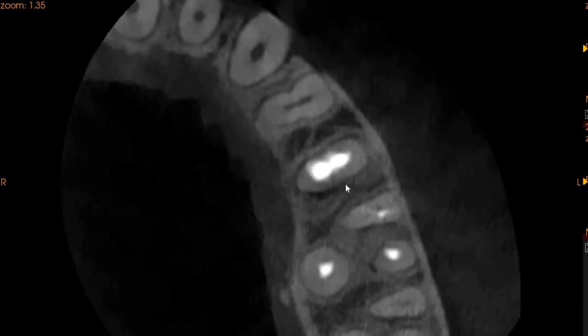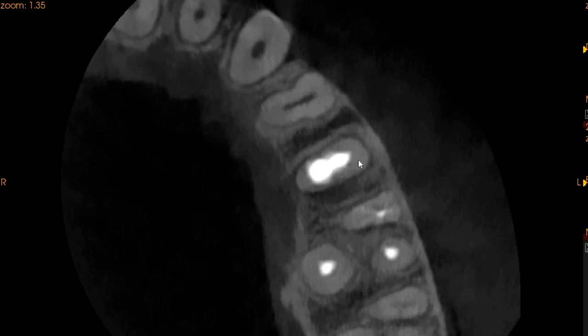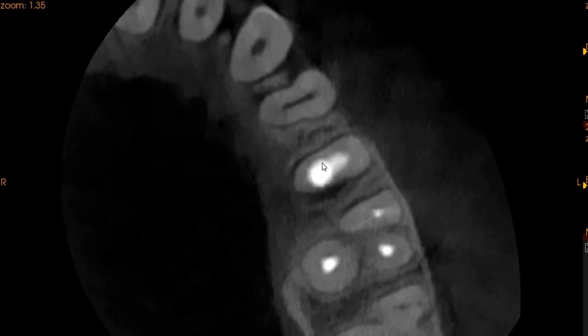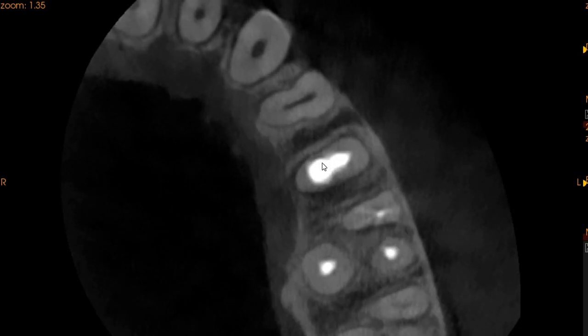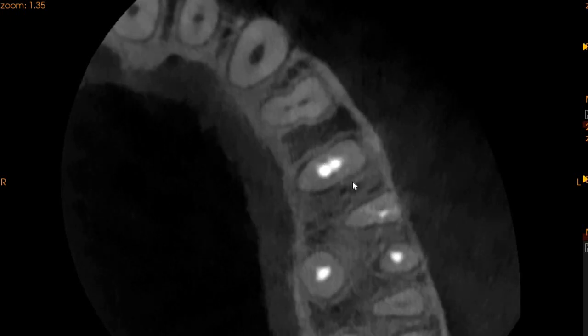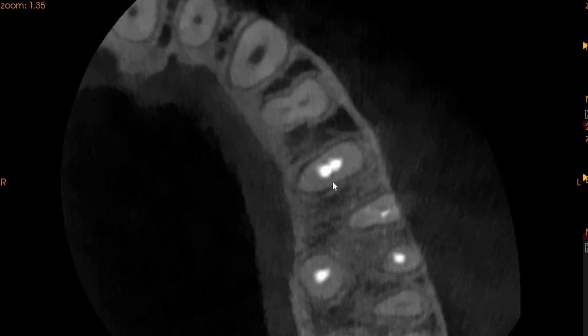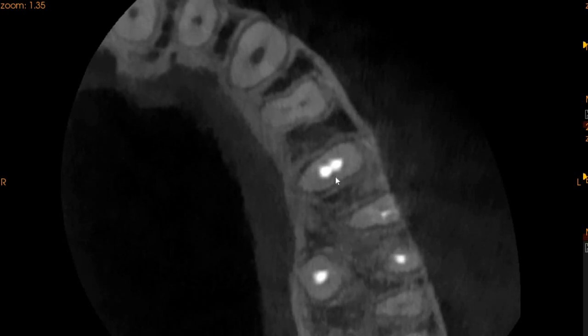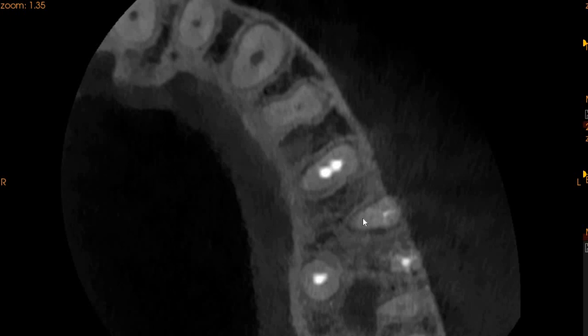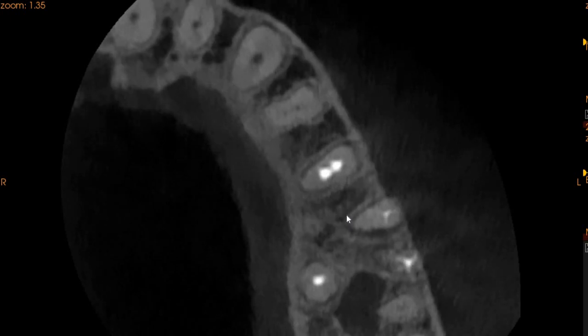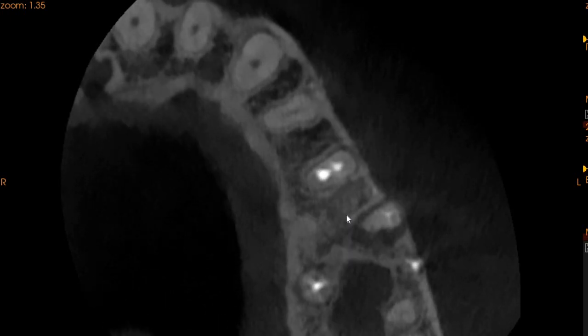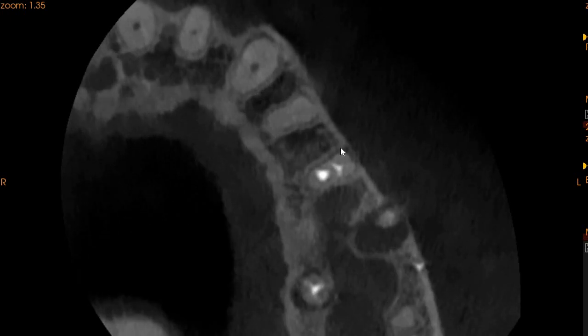On the top to bottom view, you can see this is the upper left 5. Here we can see a very radio opaque material, and as we move down into the root space, we can see that both the two canals are joined together. We see a slight bit of a crack situation here, but because we don't see a radiolucency associated with this crack, we will presume that this is a radiographic artifact. But as we're moving more into the apex, here you can see that we don't see a radiolucency